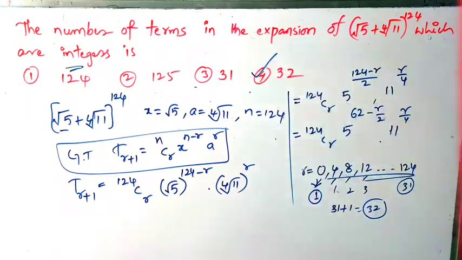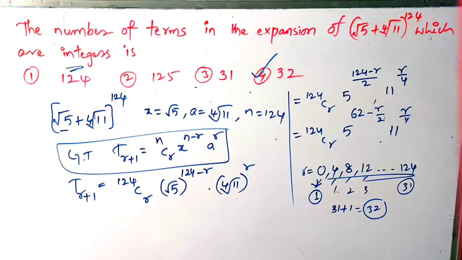So therefore the fourth option is the right answer. Okay, so remaining options also: right now 125 terms exist here, and in these 125 terms the integers are only 32. So the remaining all are rational numbers, irrational numbers, like that. Only 32 terms are integers. Remaining all are irrational numbers, and rational numbers also exist here. Next we find out how to find irrational numbers and how to find rational numbers. Clear?